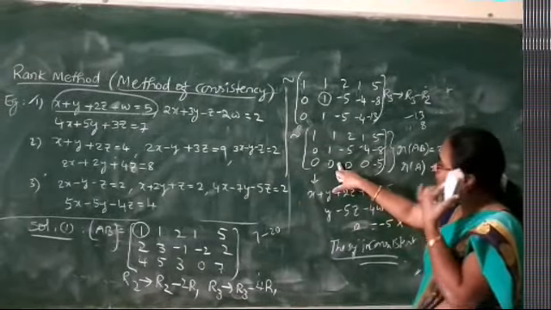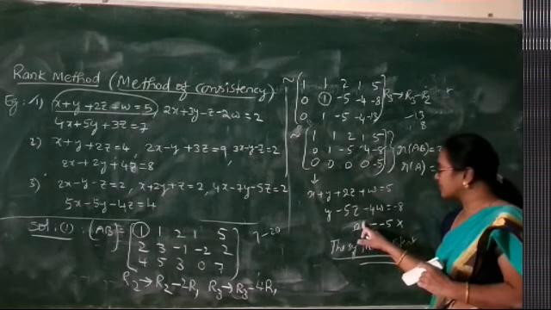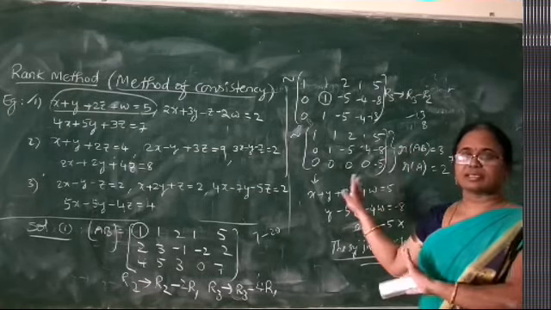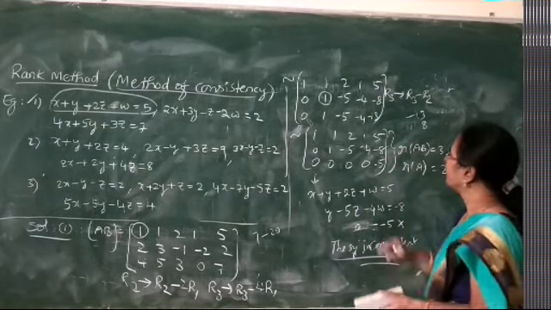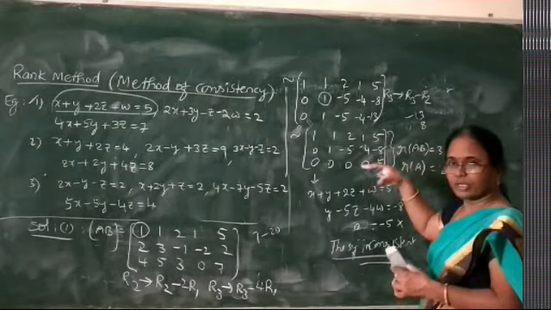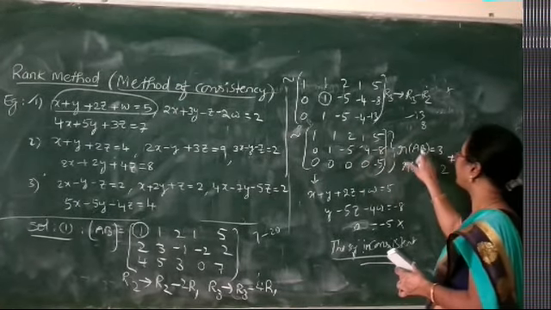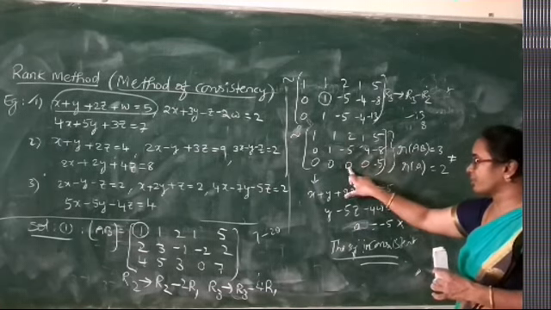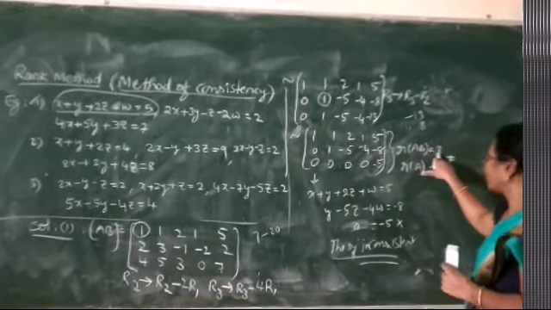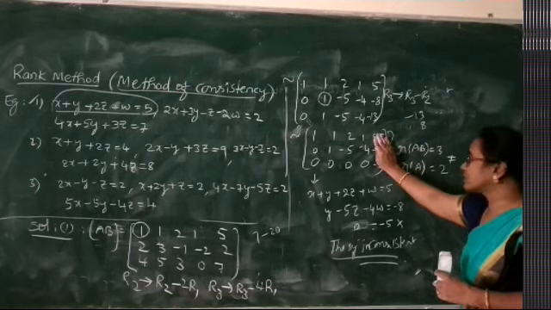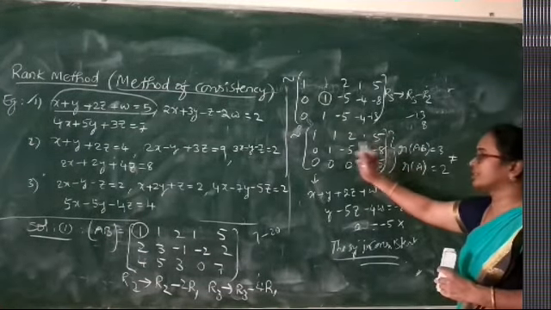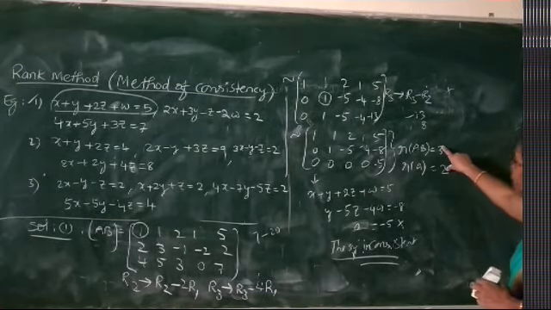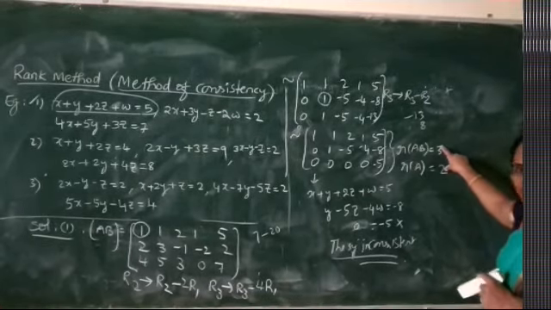From the echelon form, either by trying to write the equivalent system or finding the ranks also, we can have the consistency and the type of the solutions both. If you want to find out in terms of the rank, we determine the rank of AB and A. Clearly the 3 non-zero rows are there in AB. So rank of AB is 3, and hiding the last column, the 2 non-zero rows in the matrix A echelon form, rank of A is 2, not equal. We say that the system is inconsistent.